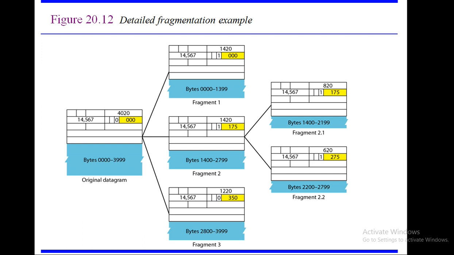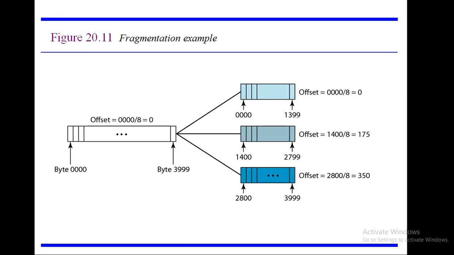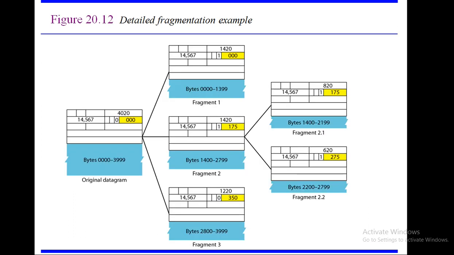You should keep that in your mind, that fragment 1 starts from 0000 and runs up to 1399. How much is the total? 1400 plus 20 is the header, so 1420 is included in the total length. Okay. Now if we check the flag, the M bit is equal to 1, which indicates that this is not the last fragment. Still some fragments are there. Now the next is 000, that is the offset which we calculated previously. The first fragment's offset is 0, which is indicated as 000.